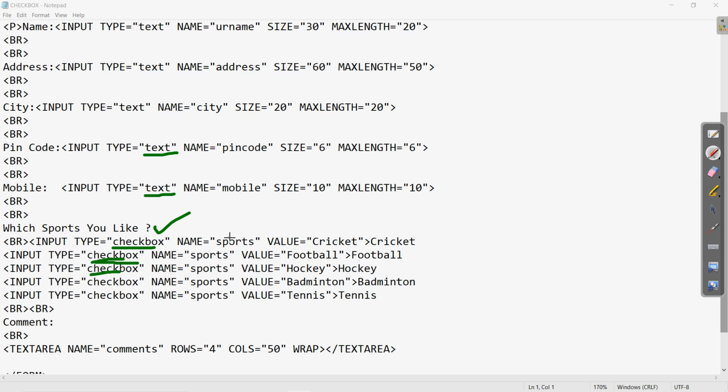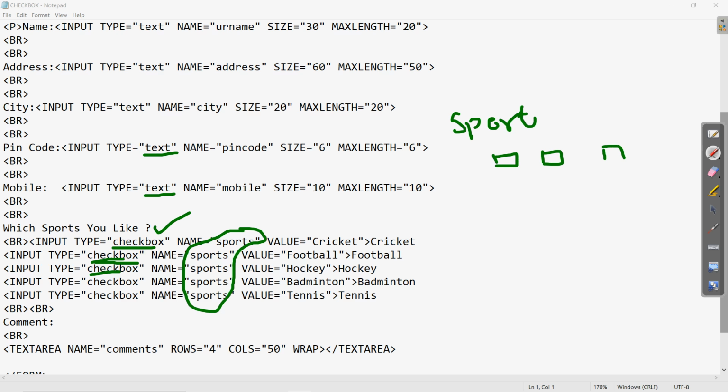And as we were talking about that, there will be a common name for a single group. So all these checkboxes will be part of a single name, that is sport. So it will denote that they are part of a single group. If there are multiple questions, then the name will change. Suppose there is a question like which sport do you like. Clear? For sport, if there is cricket, hockey, or some other terms, these will all be a single group. Clear?